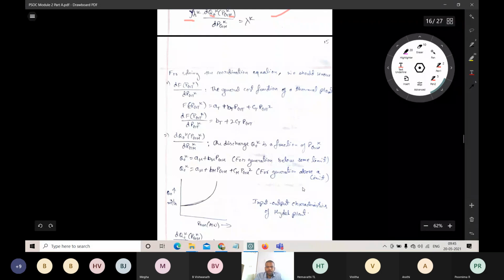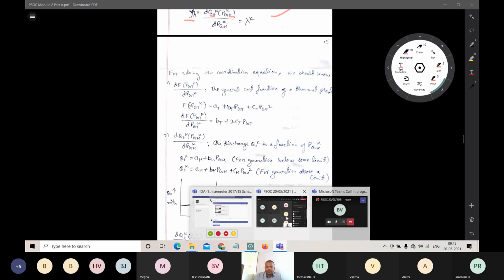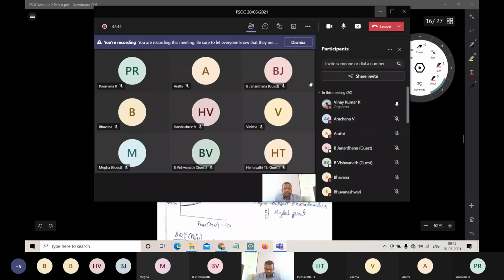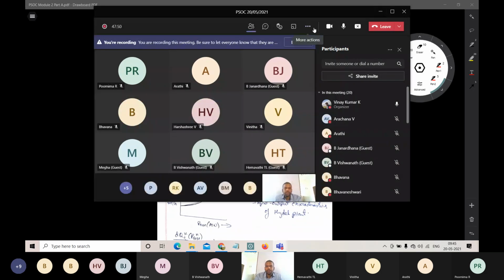Till now you have to remember the different constraints and the different problems. You have to remember the nomenclature and solve the problems. Here the problems are not your numericals; they are the problems we face in the power system and power plants. Those are the problems we need to solve using different methods. First we solved using the discrete time method, and now we are going to solve using the gamma lambda method. The remaining part of the gamma lambda method, the iteration algorithm, we will see in the next class.